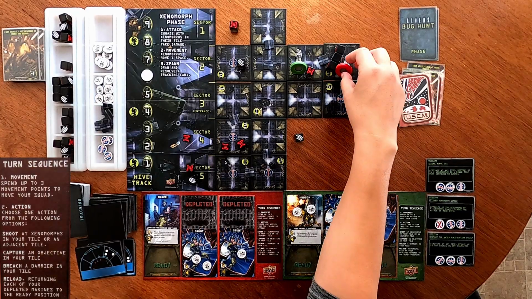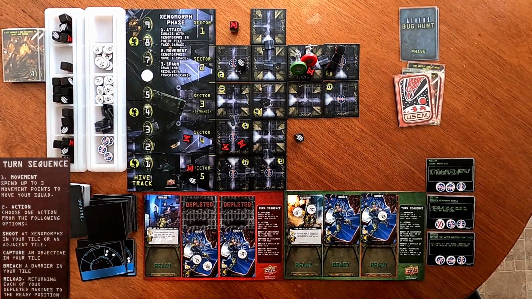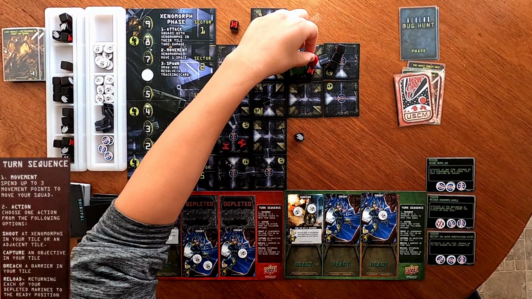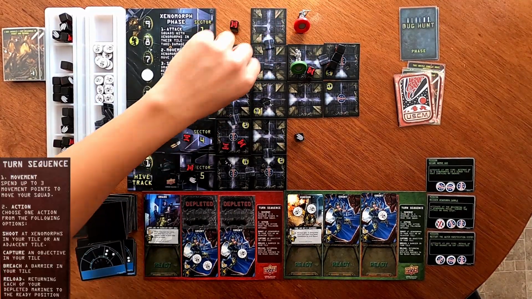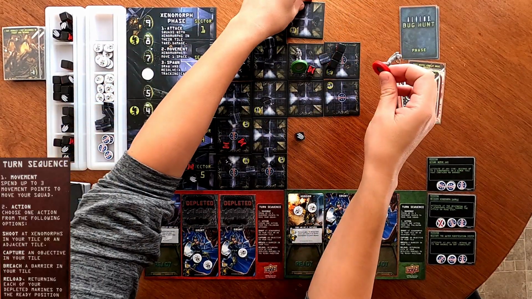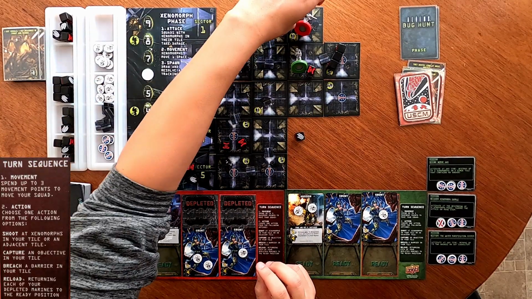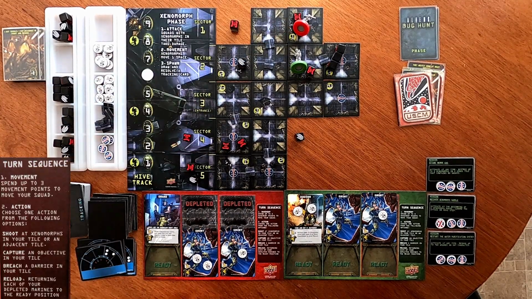And I think what I'm going to do, I'm going to go 1. Yeah, I'm just going to try and outrun these people. So I'm going to go 2 up here. Nope, nothing. I do have a Xenomorph with me. Okay, and...